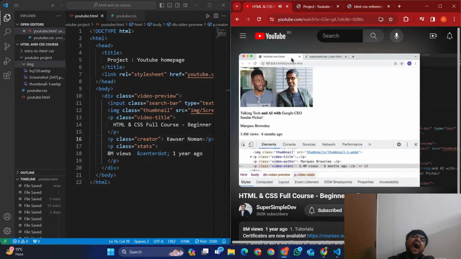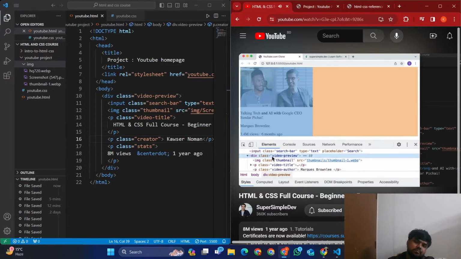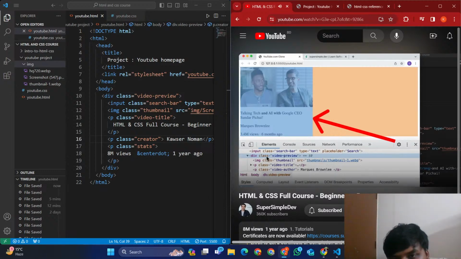Let's go back to our website. If we hover over our div now, this blue box on the left is our container. It groups all the elements together and keeps it within that blue area that you see. Now a really